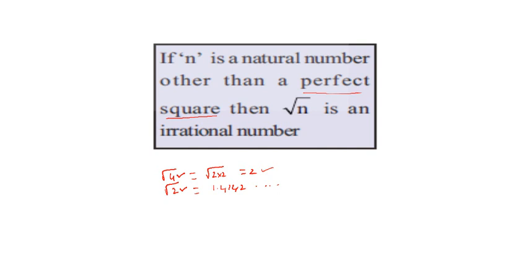In the beginning of today's topic, we discussed perfect squares. Perfect numbers are called perfect squares: 4, 9, 16, 25, 36, such types of numbers are called perfect squares. 2, 3, 5, 6, 7, 8, these are not perfect squares. That means if n is a natural number other than a perfect square,